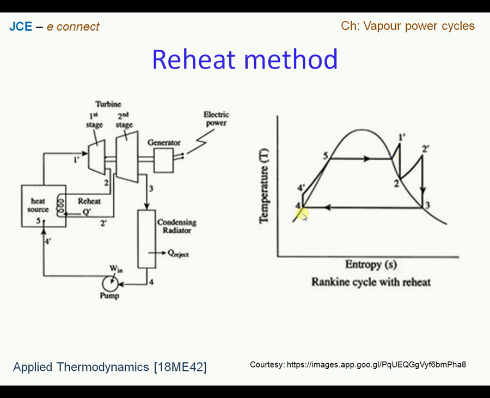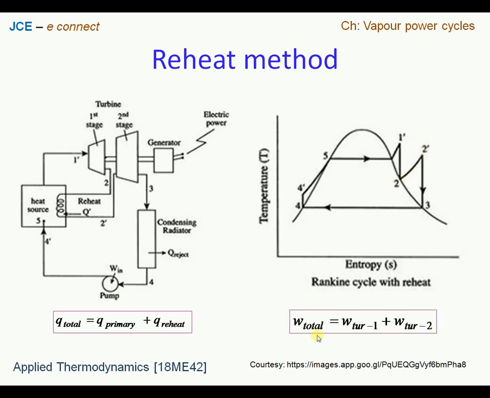So we have total work done by the turbine is work done by the turbine 1 plus work done by the turbine 2. Similarly, the heat addition is happening two times. One is during the regular boiler, that is called as a primary heat supplied, that is from 4 dash to 1 dash. The other one is from 2 to 2 dash. So this is the area where we can see the heat is added. So we see the two components of heat. So we have total heat given as primary heat in the boiler plus heat in the reheat process. This is a boiler where primary heat is supplied during the regular process of working, and during the expansion again it is reheated. So we have the reheat extra, which is representing 2 to 2 dash.